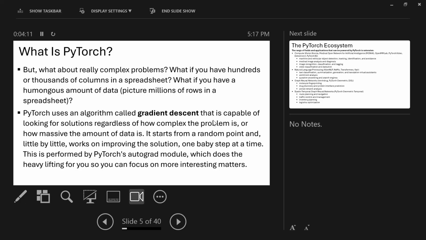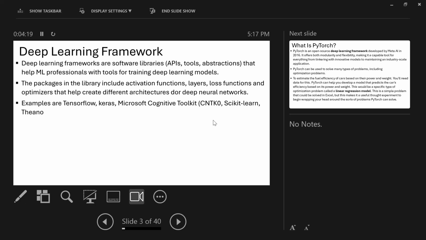It also has a module called the AutoGrad module, which it uses for the gradient descent algorithm. All the other deep learning frameworks like TensorFlow, Keras, Scikit-learn, Theano, can also solve optimization problems, and they also have outstanding capabilities. But the one we'll be using is PyTorch.